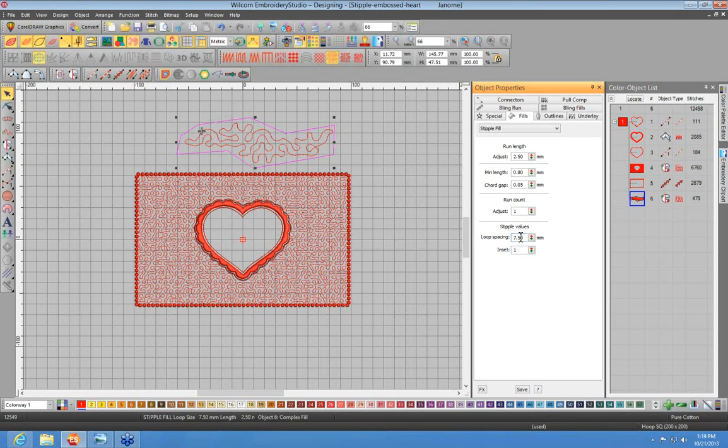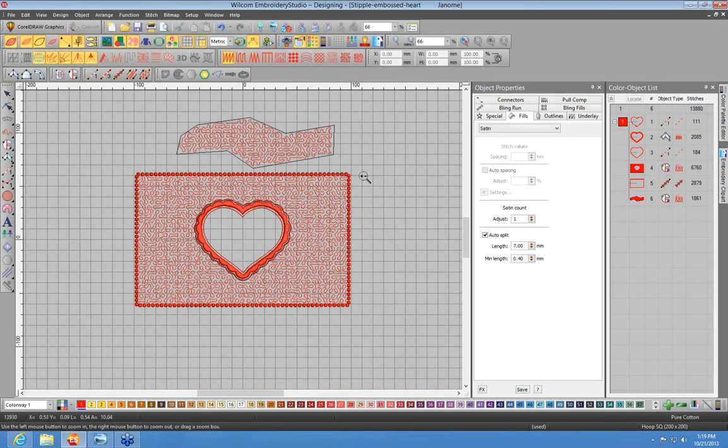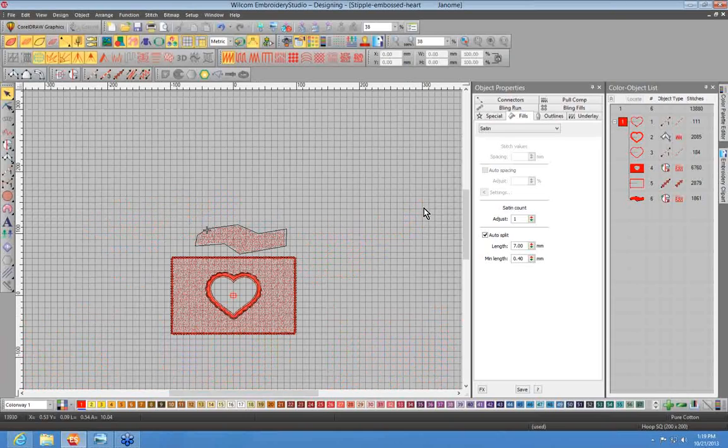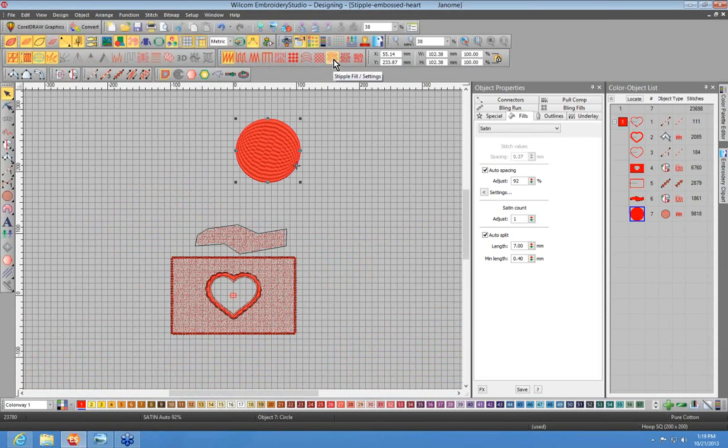Now, I'll show you the loop spacing as an example. I'll change it from the default, which was 7.5, to 3 millimeters, and hit enter, and then you'll see that the object has lots more stipple run lines filling in the area. You'll notice up here that there are actually several types. I'll click on the circle tool and click and drag to create a perfect circle. Notice that I have not just stipple fill, but stipple backstitch and stipple stem stitch. So if I choose stipple backstitch,